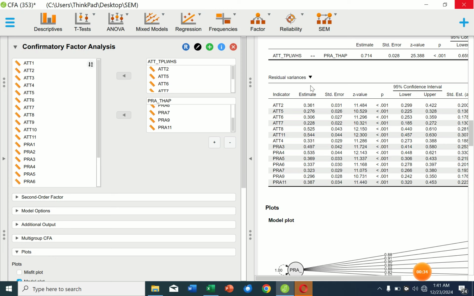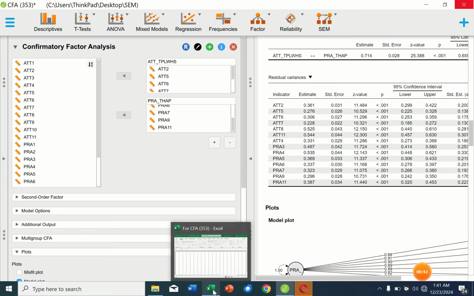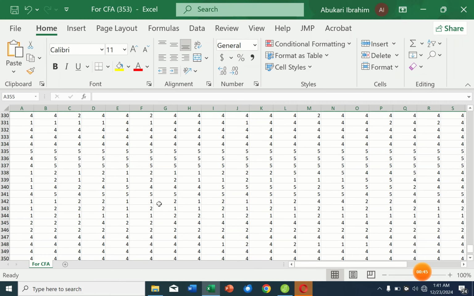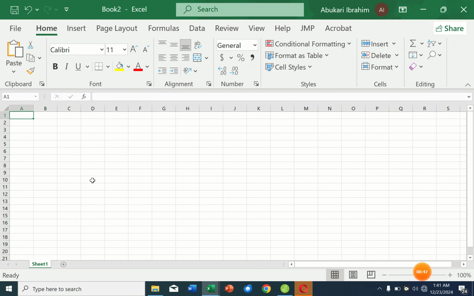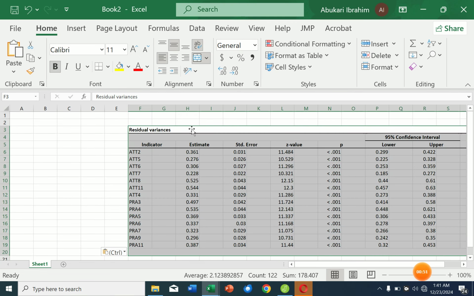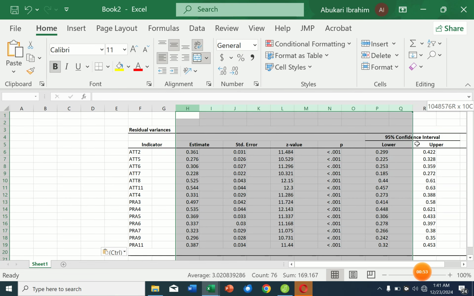So here we have our factor loading. So you only need to do some few calculations in Excel. So you need to have a new worksheet. You paste your loadings. So for the purpose of this,